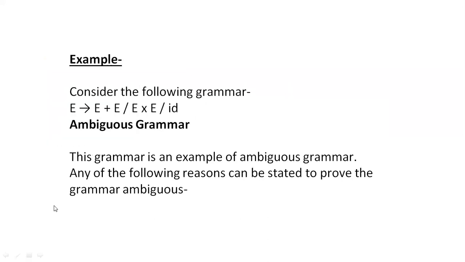See the example here, a very simple example. With this example, I'm clearly making you understand how to eliminate the ambiguity. Make a note of this example, all of you. Here consider the grammar: E tends to E plus E, or E star E, or ID. See here, E is the only variable we are using in this grammar, and this E consists of three production rules. One is E plus E, another one is E star E, and the other one is directly the identifier ID,